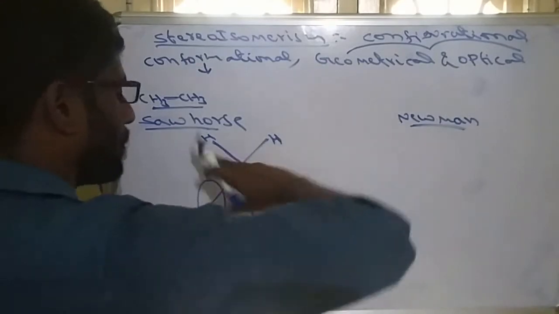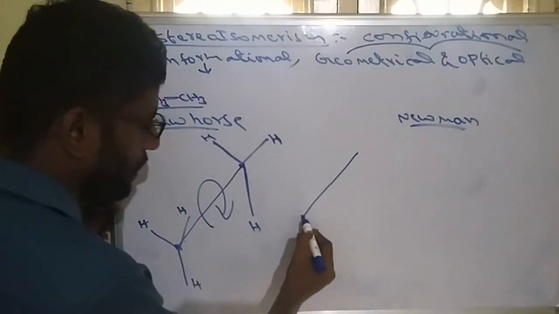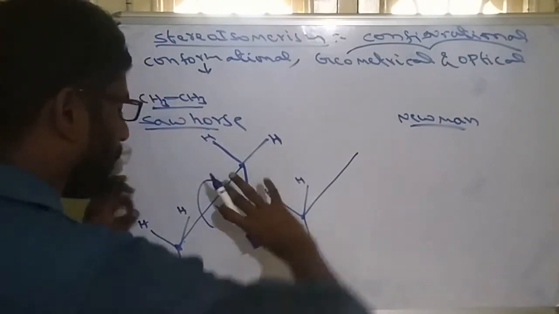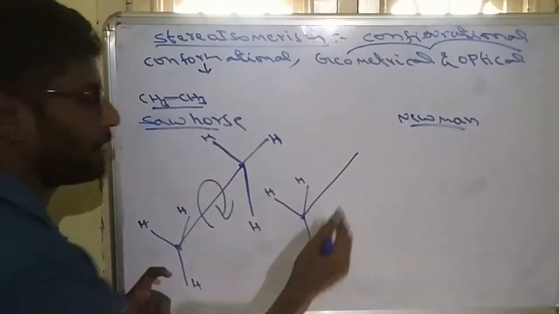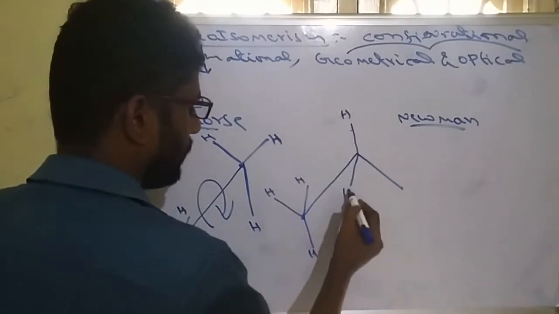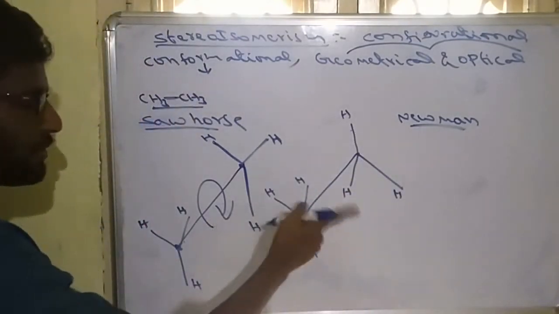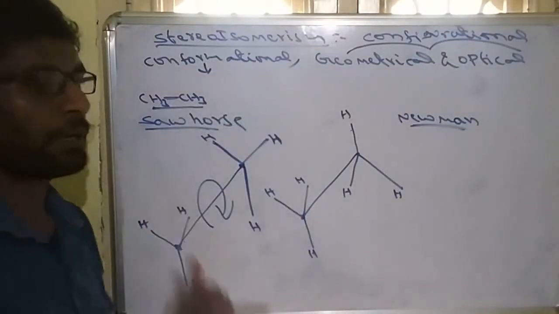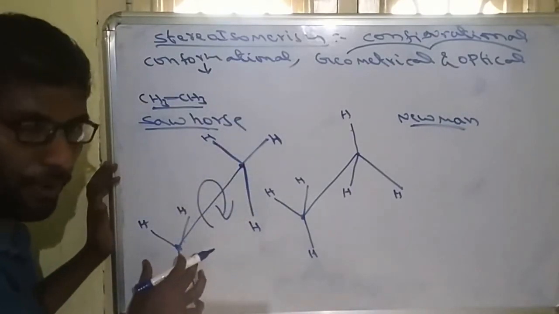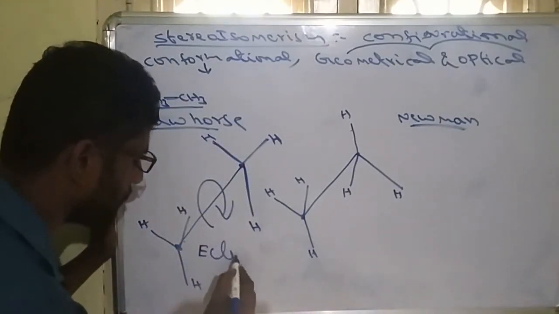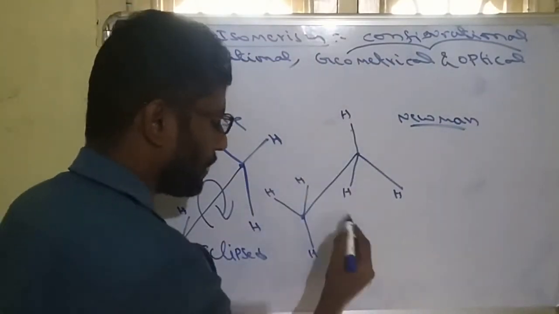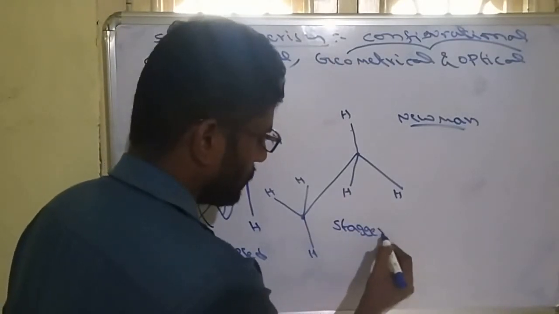Suppose we rotate the molecule like this. On rotating, I hold this end, so this will be Y as usual, but this Y will become upside down, that means anti-Y, like this, with H, H, H. Now both structures are different, so these two structures are called conformational isomers. If both are in the Y form, the molecule is called an eclipsed molecule. If one is Y and one is anti-Y, the molecule is called a staggered molecule.